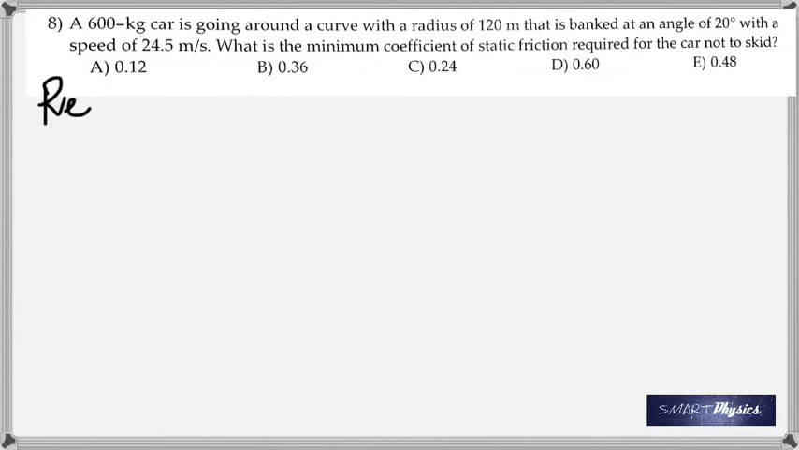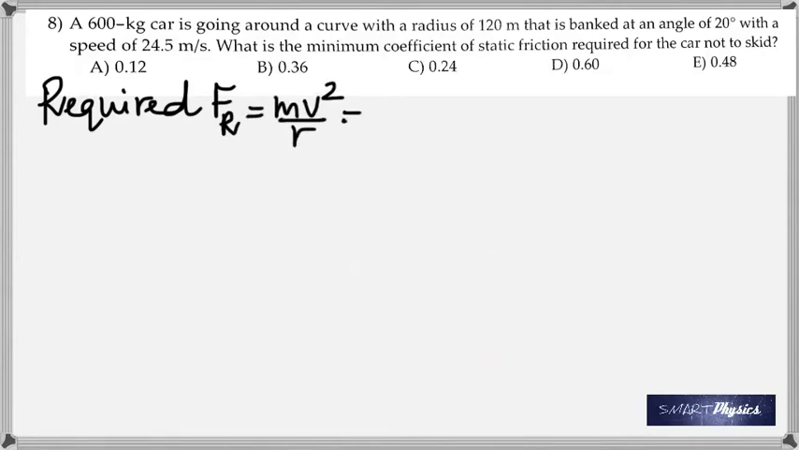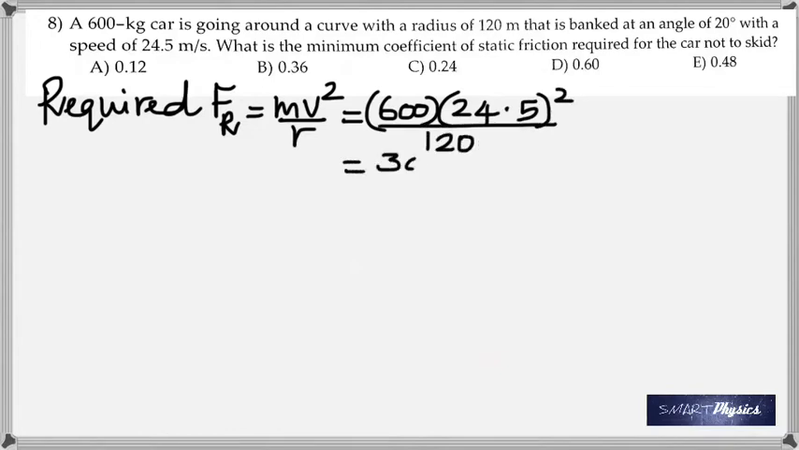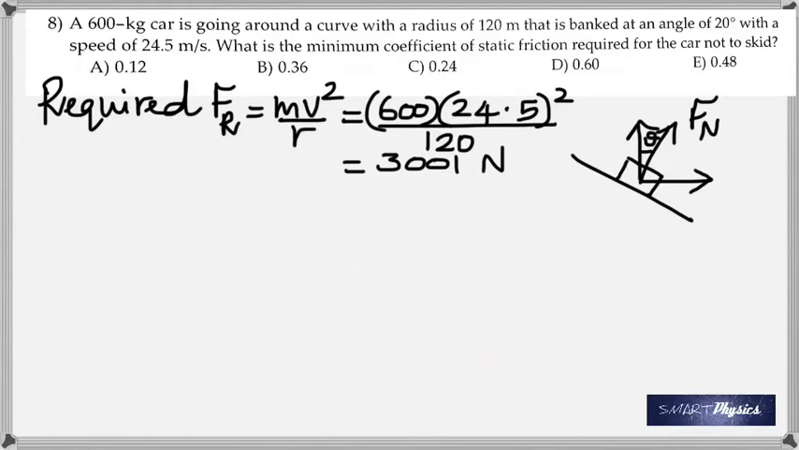So let's break this down into two parts. We do know that the required force is the centripetal force, which is mv squared by r. That's what is required. That's what is necessary to make the car go around the curve. Let's calculate that. That gives you 3001 newtons, and just to draw this diagram, that is the normal force. Those are the two components, Fn sine theta, which provides the centripetal force,